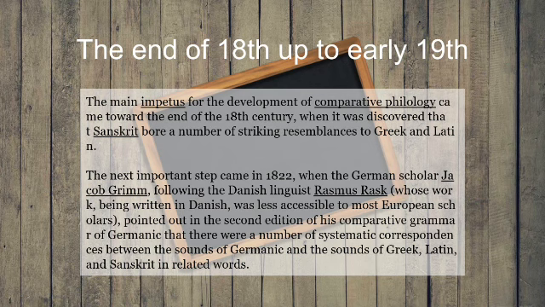Grimm noted, for example, that where Gothic, the oldest surviving Germanic language, had an F, Latin, Greek, and Sanskrit frequently had a P. Example: Gothic fotus, Latin pedis, Greek podos, Sanskrit padas, all meaning foot. Where Gothic had a P, the non-Germanic languages had a B. Where Gothic had a B, the non-Germanic languages had what Grimm called an aspirate: Latin F, Greek BH, Sanskrit BH. In order to account for this correspondence, he